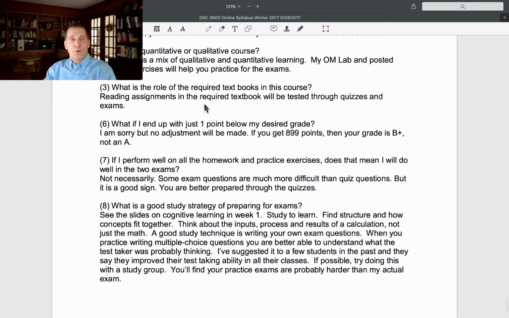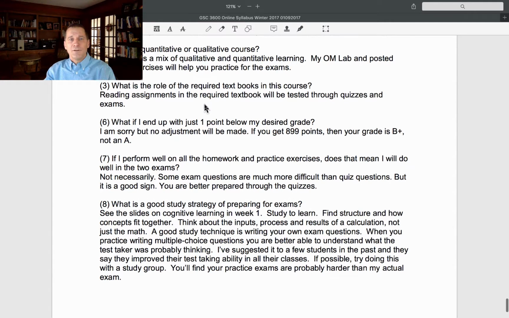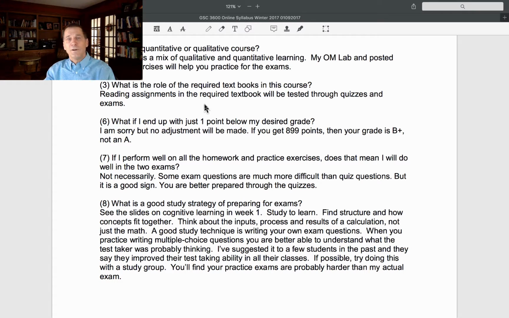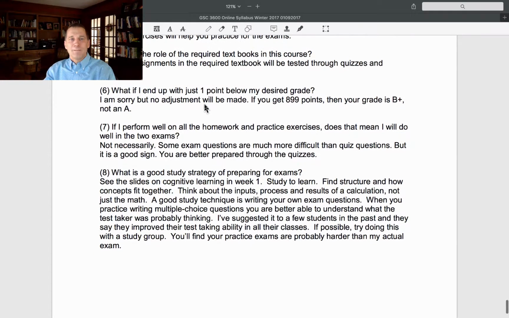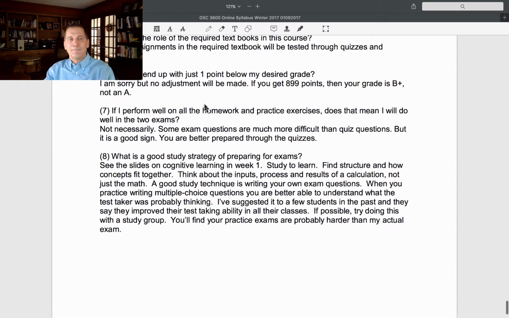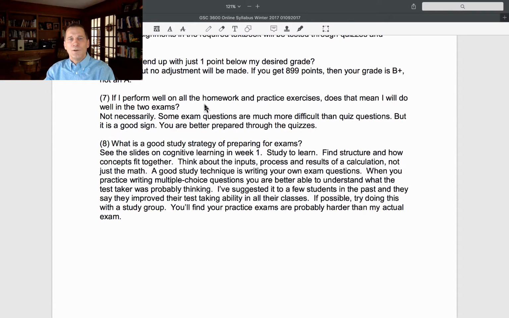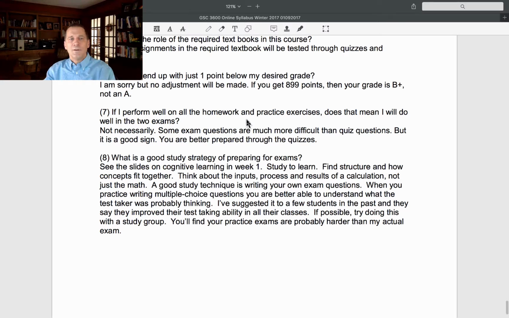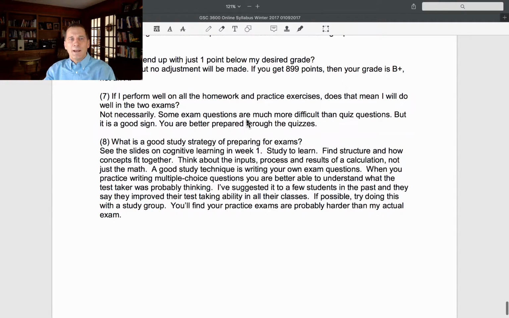This course is both qualitative and quantitative, as I mentioned earlier. The exams are qualitative and quantitative. The exercises, everything we do is a mixture of both. Make sure you treat the text as your guide. The assignments at the end of the chapters, all the homework we do. There's that word quizzes again. All the homework we do, and